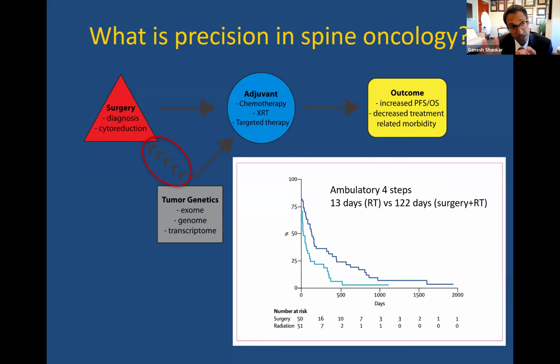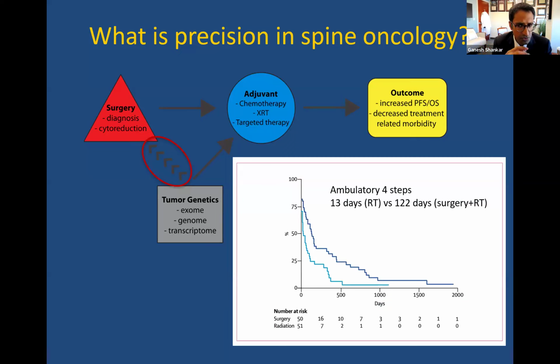And when we look at what was defined as a functional improvement, it was really just the ability to walk 4 steps. And the difference between patients who had just radiation alone was 13 days versus 122 days of being able to do that for patients who had a decompressive procedure followed by